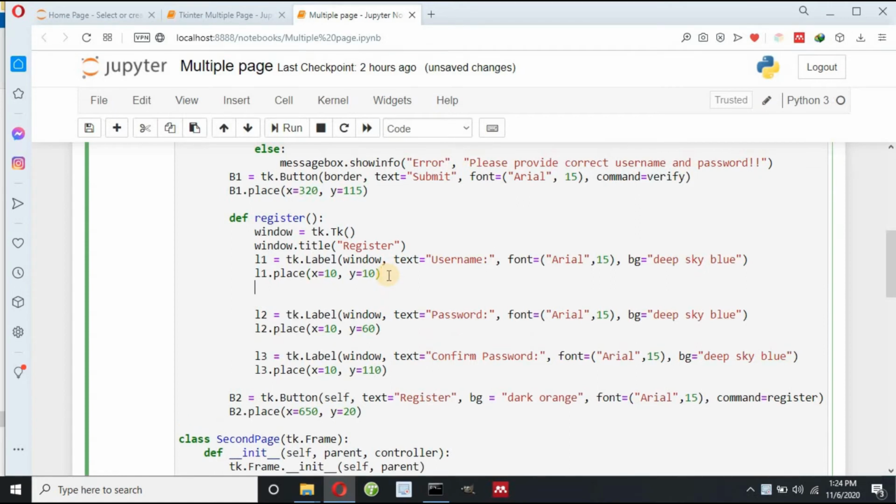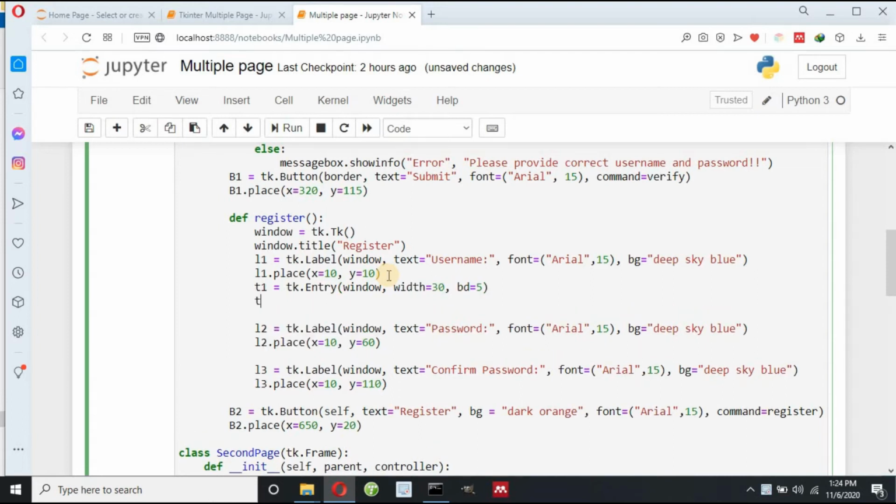And then I have to define a text field, so t1 equals tk.Entry. I have to define the entry inside window. Width equals 30, border equals, suppose, 5. Now position, t1.place x equals, suppose, 200, y equals, in the same row, so 10.